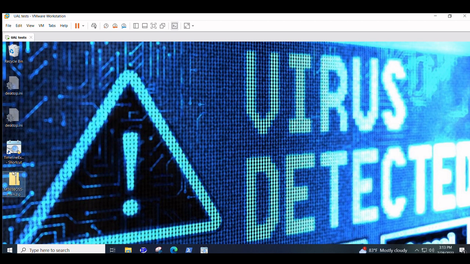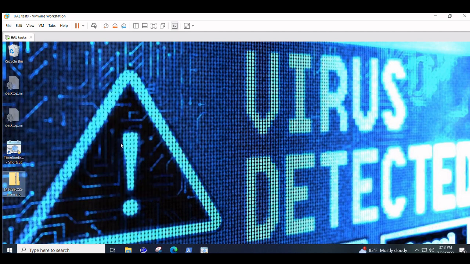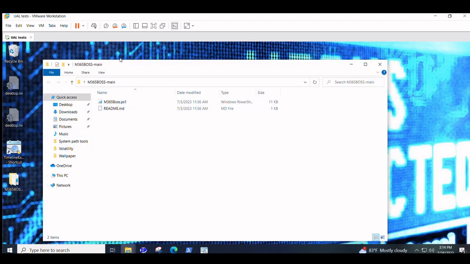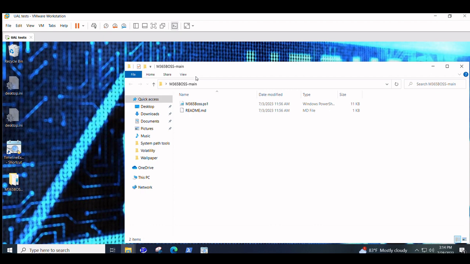So we'll take the M365BOSS main.zip, we'll unzip it. I'm going to use 7-zip, and you can use whatever unzipping software you want. And we'll just extract it here. Let me trash the zip folder. Okay, so now let's open this folder up. And in here, we've got a README, which is basically information that was on the GitHub page. In order to run M365BOSS,